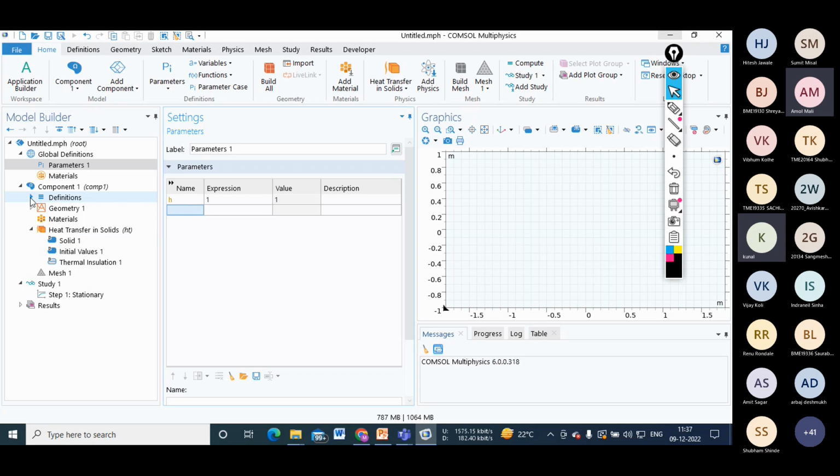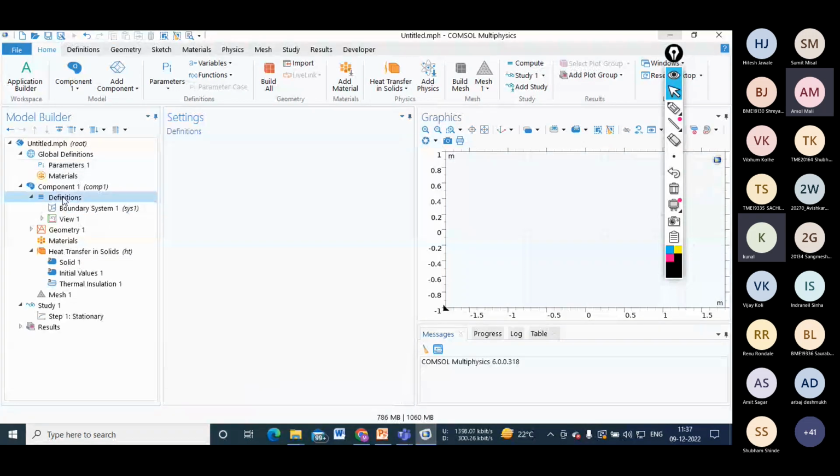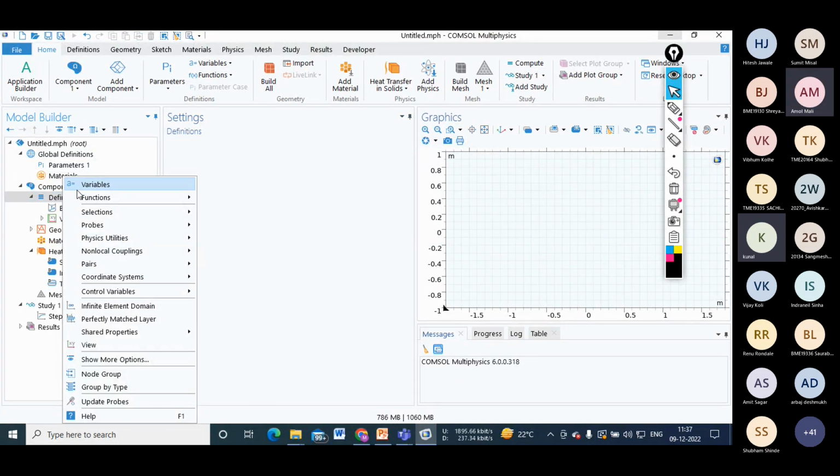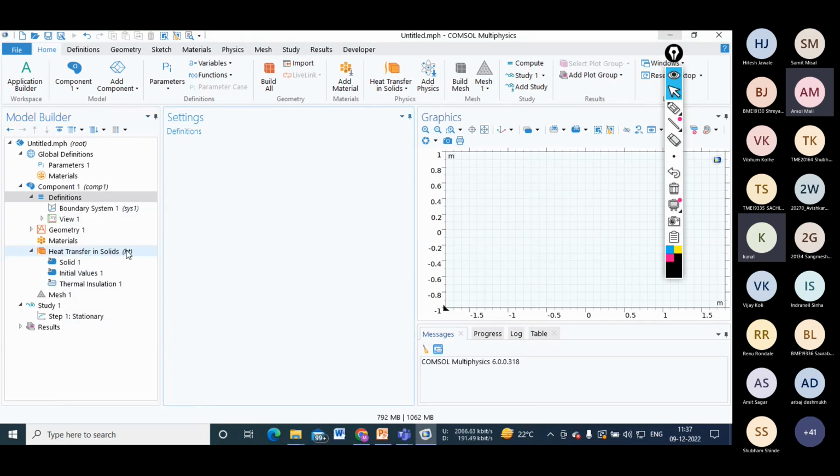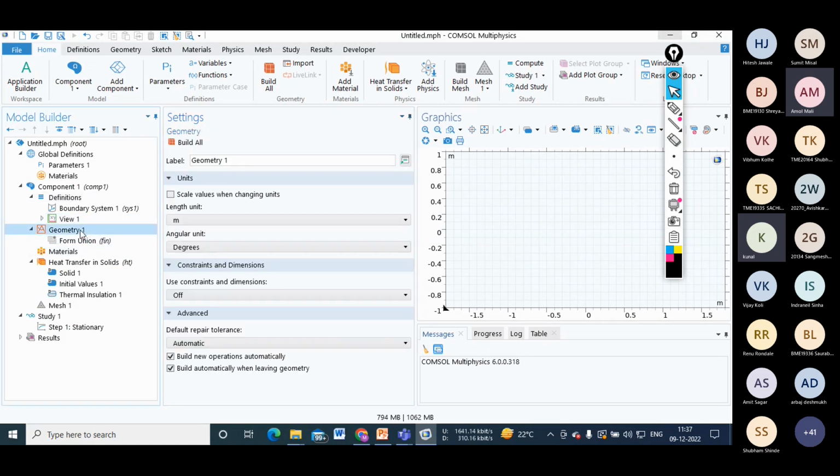okay. Next to that, in definition you can give the variables, you can give the function, for example in some problem what will happen, if you need to give sudden impact, at that time you can give the step function, if you want to give rectangular function, that also you can give with the help of those functions, okay. Now next to that, here you can see the geometry, how to draw geometry, so we'll start